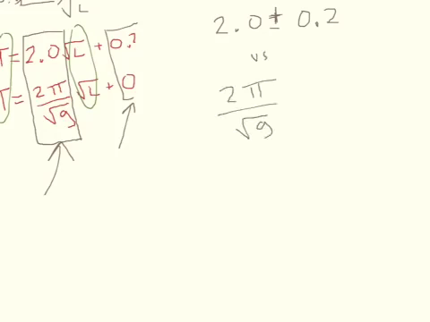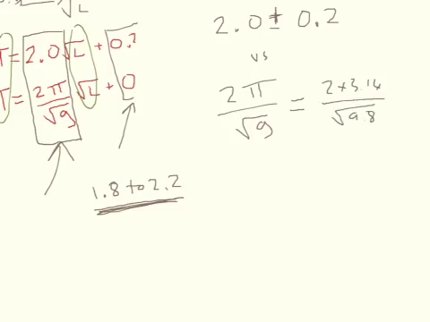Now let me run you through this comparison as I would do it. So 2.0 plus or minus 0.2 means it ranges from 1.8 to 2.2. And you have confidence that the data you measured provides a gradient within that range. Now 2 pi over square root g is equal to 2 times 3.14159265 etc., divided by the square root of 9.81. Let's do a calculation and then I'll get back to you. Calculation done,